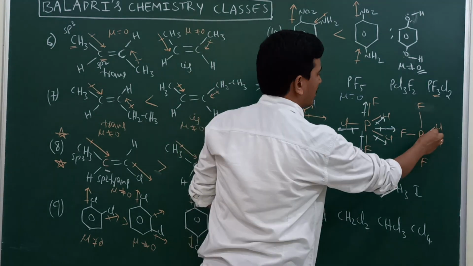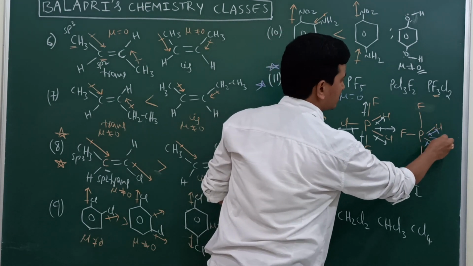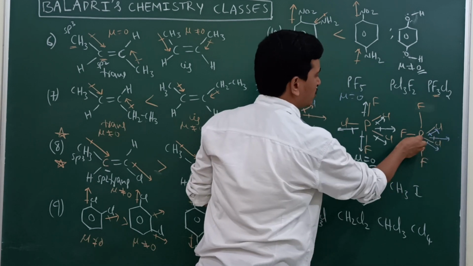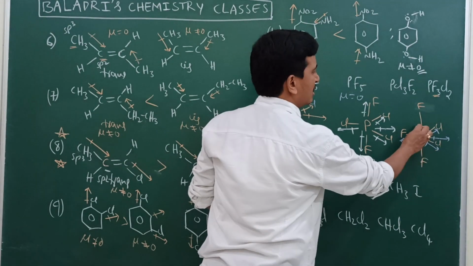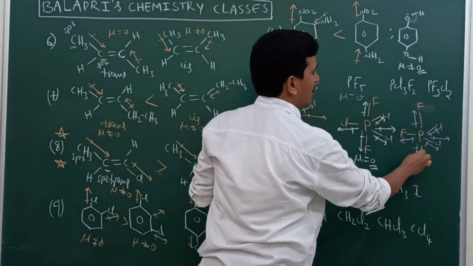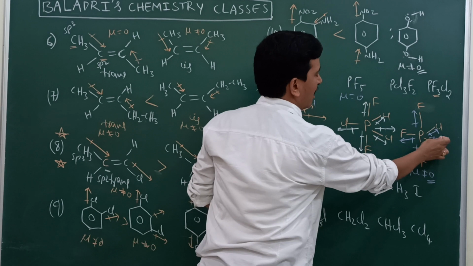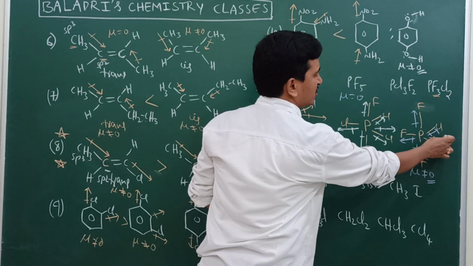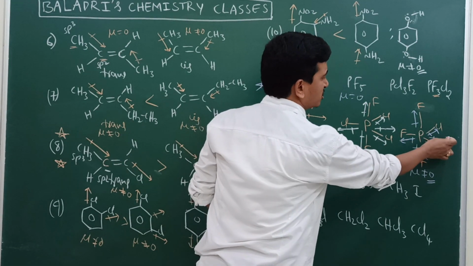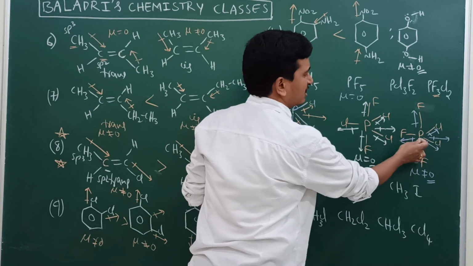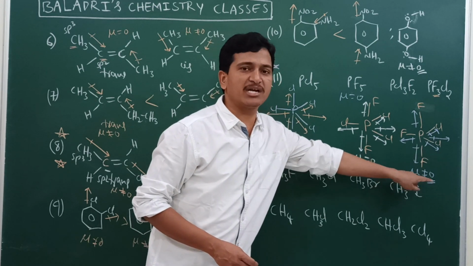Okay, now because of this, the chlorine dipole moment vector will be towards chlorine. This is also towards chlorine. This resulting vector will be in between them, but that is not equal to this fluorine-phosphorus bond vector. So these 2 are now opposite only, but not equal. These 2 will be cancelled again, is it not? But the overall resulting dipole moment will not be equal to 0, because these 2 vectors are opposite only but not equal. This vector is because of the phosphorus-chlorine bond, this vector is because of the phosphorus-fluorine bond. Both are not equal. That's why the PF3Cl2 molecule dipole moment is not equal to 0.